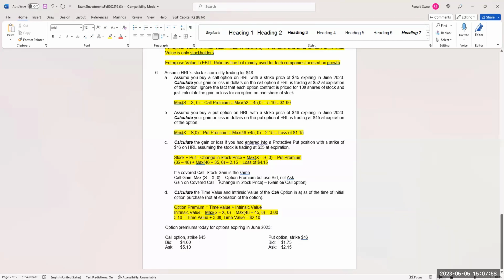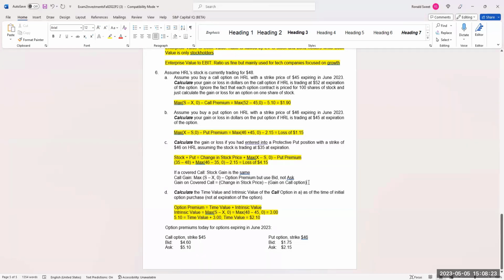So you set it up just like you would do a regular call, except you use the bid instead of the ask. Get the gain on that call, but now since you shorted it, you're going to subtract that from the stock price. In this case, it's hard for me to do a covered call because my call is actually in the money, so it doesn't quite make sense. But if we did a covered call in this case,